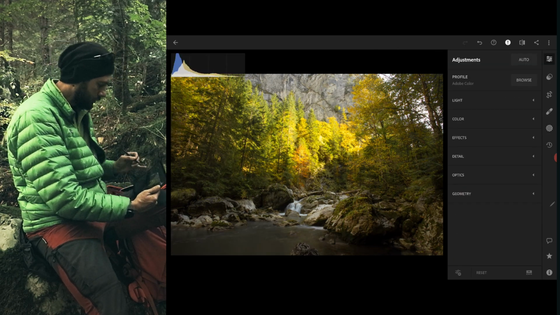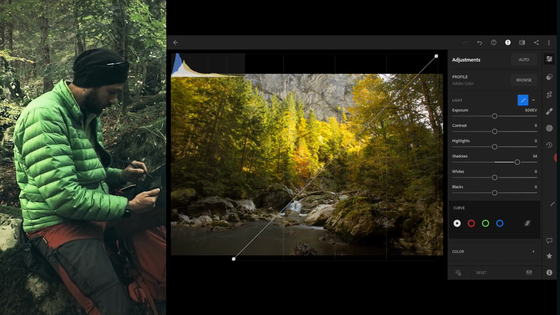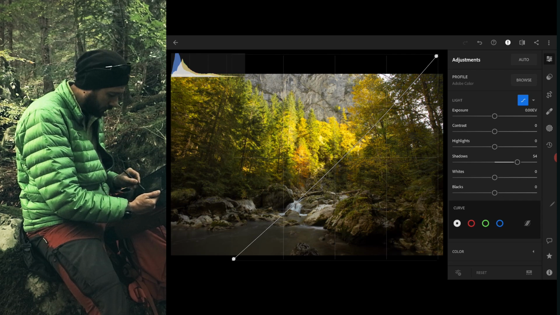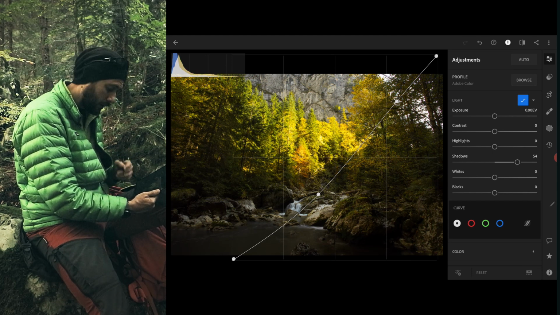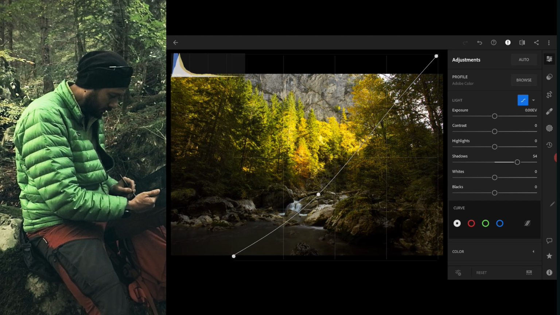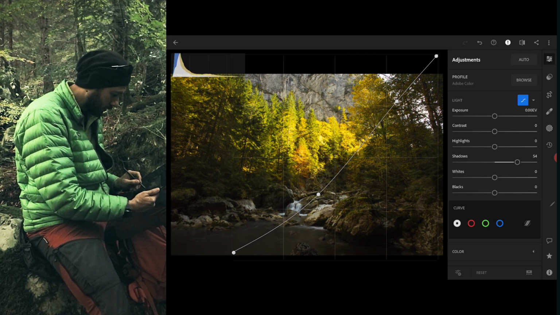Okay, now it's done. Now let's go again in the light and activate the curves tool. I want to drag down the highlights a little bit and add some more contrast to the scene. And because the contrast is a little bit higher right now, I'm going to raise the dark areas just a tiny bit.